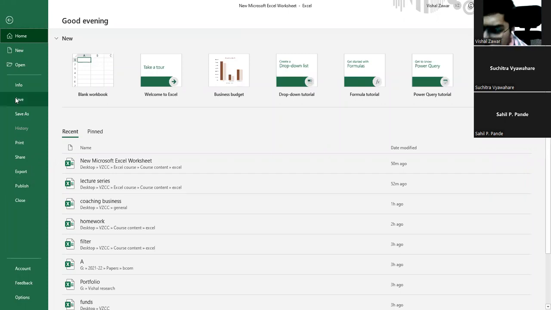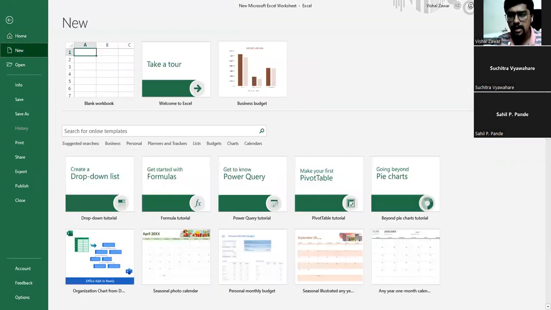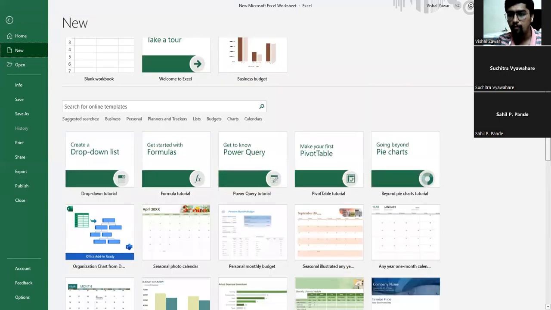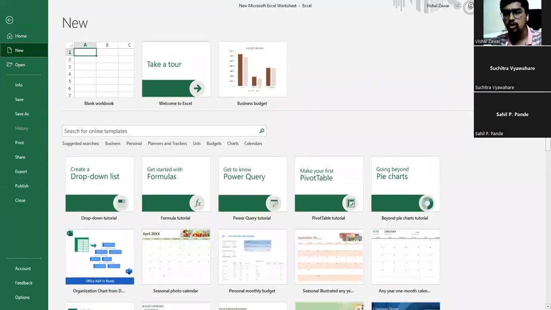On the File tab we will have a long discussion. But here what I want to discuss is this part. Can you see over here, More templates? Just click on More templates. Excel has done some pre-work. There are many Excel sheets already prepared for you. Like say, for example, I want to